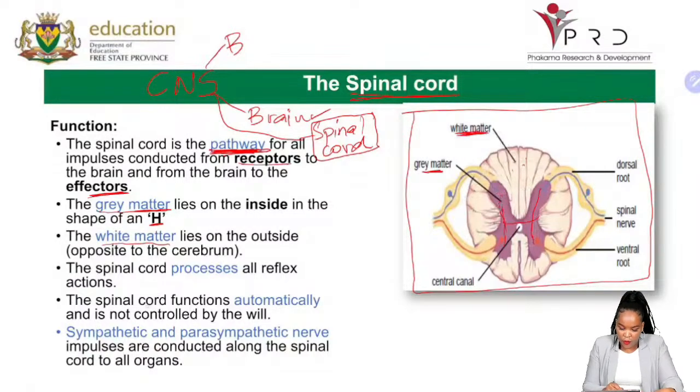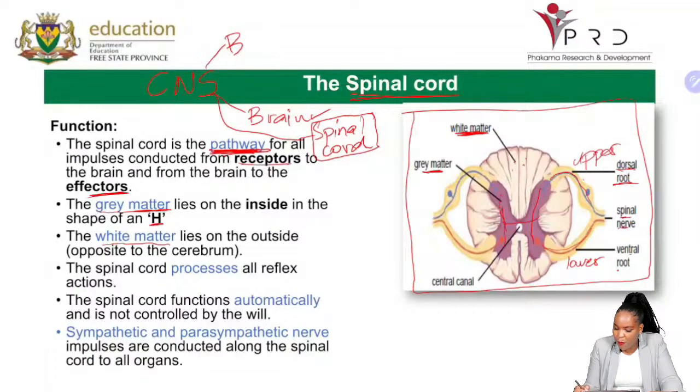And then you have the spinal nerves. There are nerves leaving and entering the spinal cord. They leave and enter through the dorsal root. Dorsal, you can call it the upper root, and the ventral root, you can call it the lower root. So the lower or ventral root of the spinal cord and the dorsal root of the spinal cord,